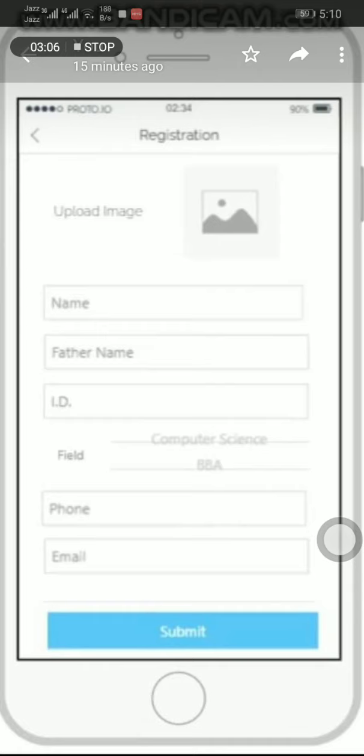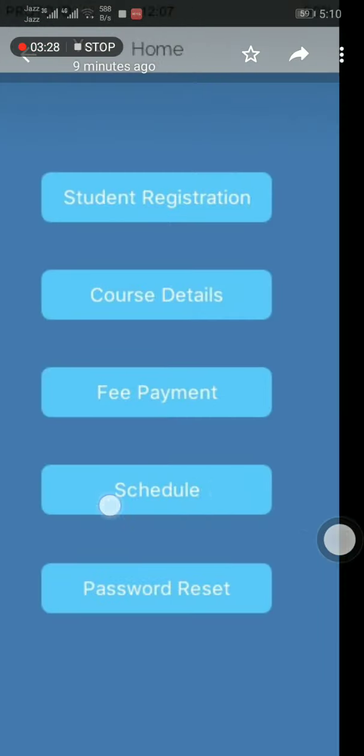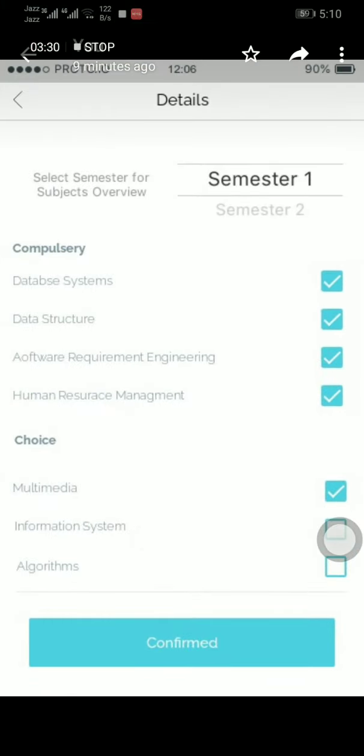You will be required to enter the credentials such as your name, your father's name, your ID, your branch, etc., your phone number and your email address. Then when you click on the submit button, you can move to our next image.